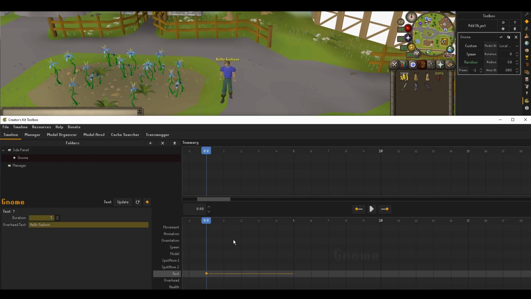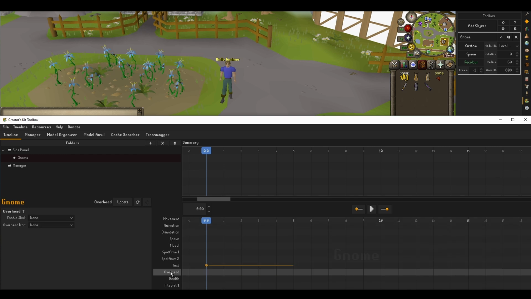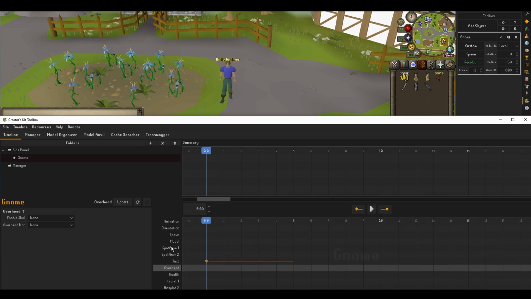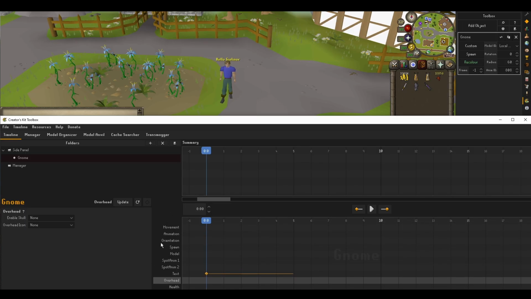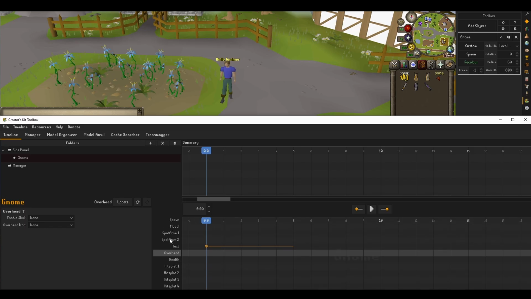That's text keyframes. Let's go to overhead keyframes. I'm doing all the 2D stuff, the text and overheads first, because that's the easiest stuff to understand in terms of Creator's Kit. We'll get to the more complex 3D transformations later. So, overheads. This includes skulls and prayers. This is going to be really simple. You can choose which skull you want,